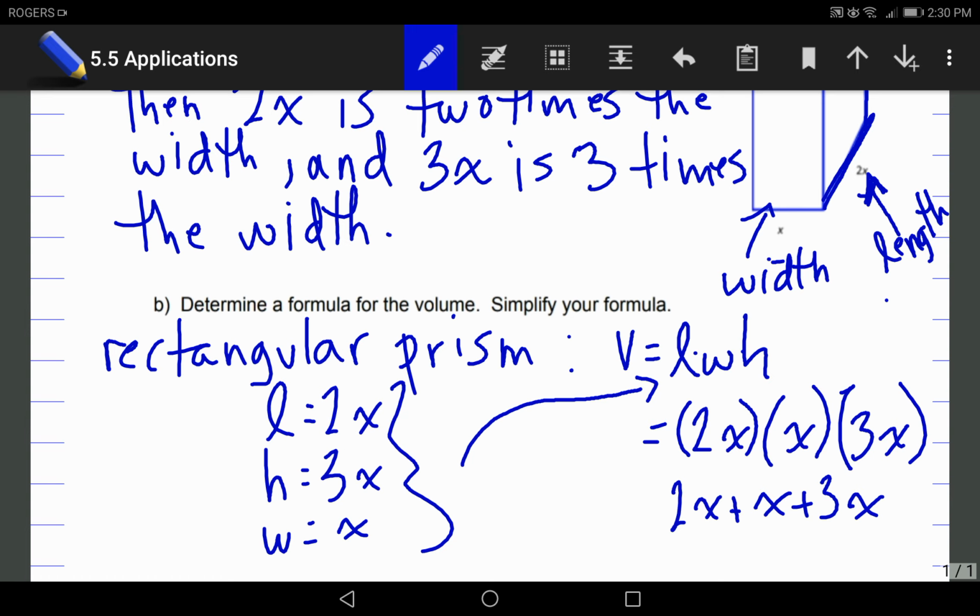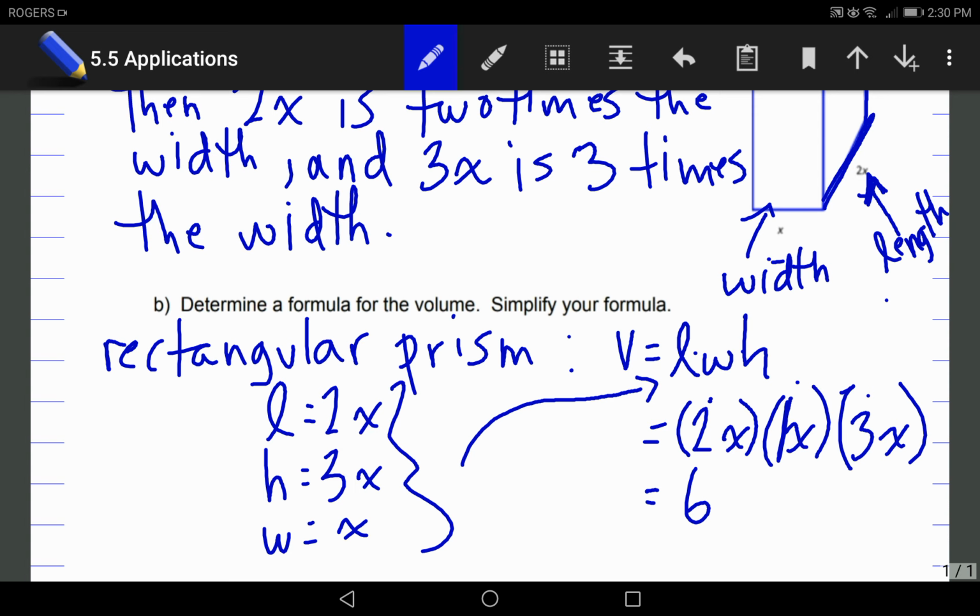But do we have addition in between? No. Okay? We have multiplication. So we have to go to our multiplication rules. And our multiplication rules say that you can multiply the coefficients, so 2 times 1, that's really a 1x, times 3. Okay, so you can multiply the coefficients together, 2 times 1 times 3, which is 6,